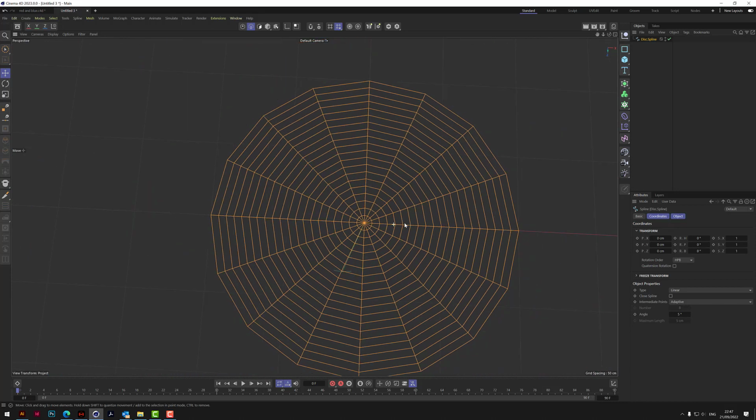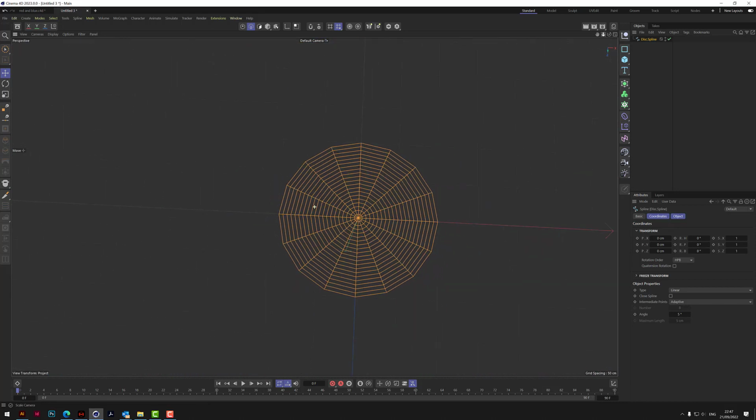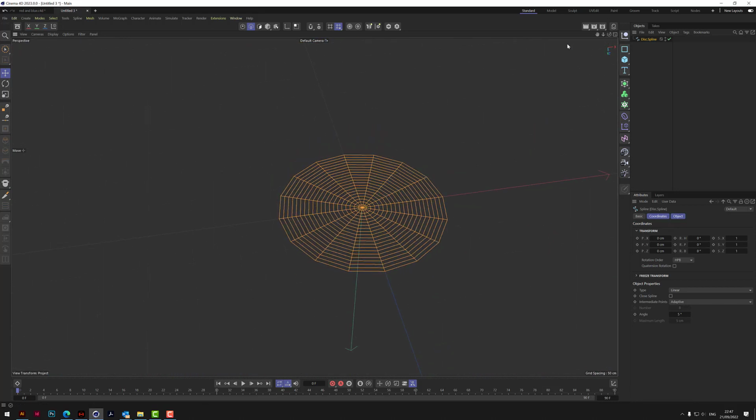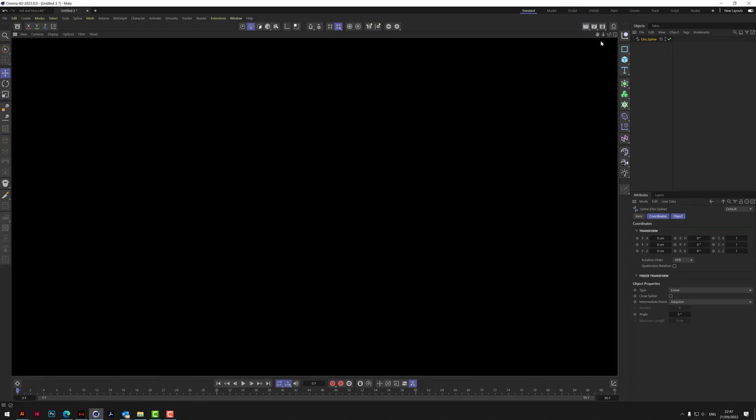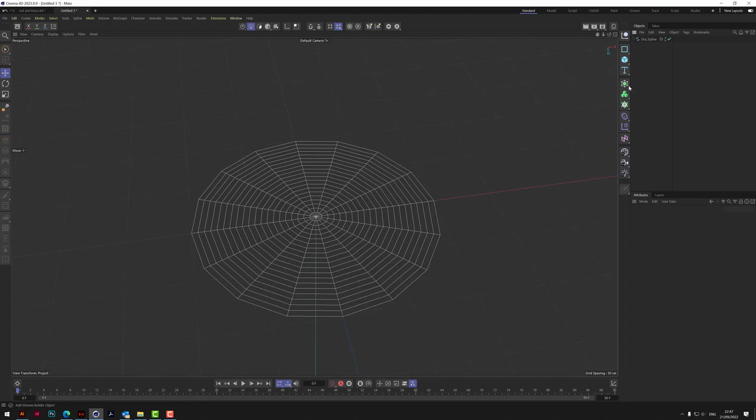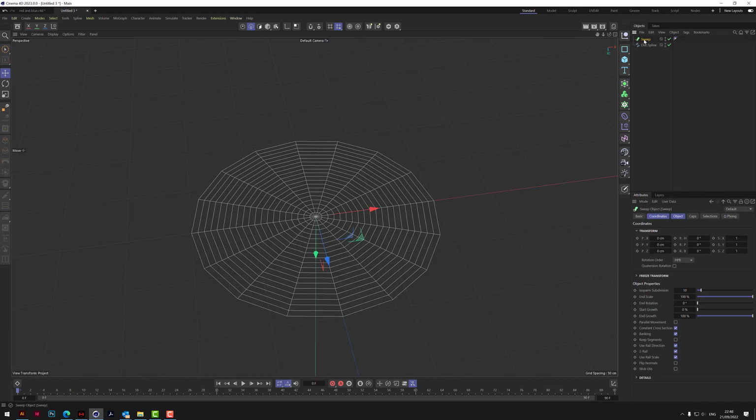So what do we do now? We need to put some actual geometry on that. So if I just render that quickly, you'll see there's nothing there because it's just a spline. So let's go into the menu here and select the sweep. What do they call this now? Sweep. I used to call it sweep nerve. A sweep object, and then we also need to grab